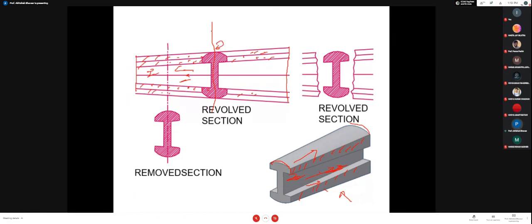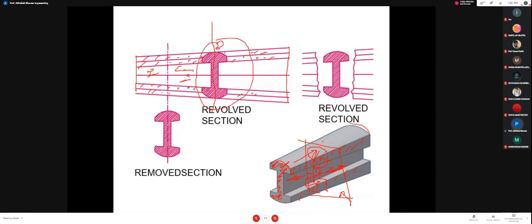So how will its side view be? See, its side view has an eye type of shape. So if I am going to cut it from somewhere, if I cut it from here, it is also having the same shape. It is also having the eye shape if I cut it from here. So if I am cutting from here, it is having the same shape. At that time also, it is the eye shape. So what I am going to do, I am going to revolve this by 90 degrees, and after that I am going to put it over here. So this is known as the revolved section.